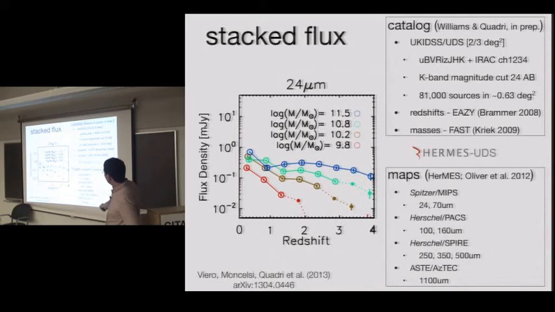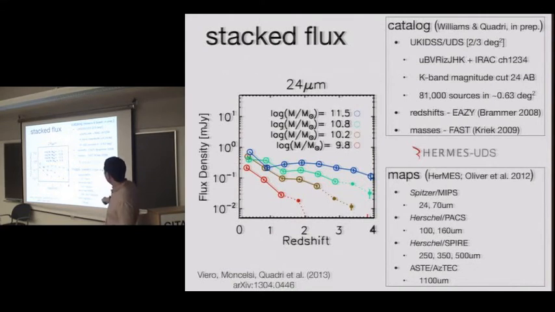This is the result of the stacking as a function of redshift on the x-axis and flux density on the y, and we split it in mass. And we also split it in redshift and we split it in mass. And the key to remember is that if they're uncorrelated, they don't bias each other. So what we do is that we stack one redshift bin at a time, because something at redshift 2 doesn't know anything about something at redshift 4. So I don't have to worry about that biasing my result. And that's why I can get away with this. That's why I can stack 80,000 sources at the same time.